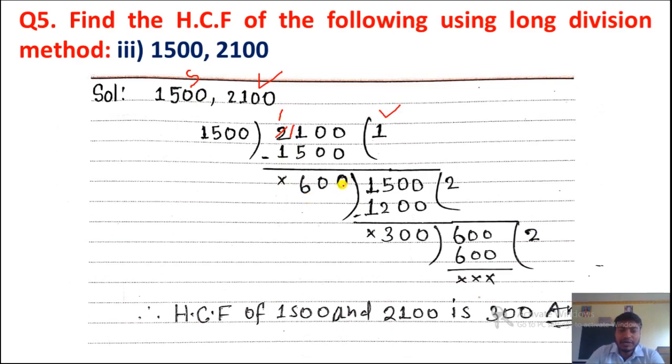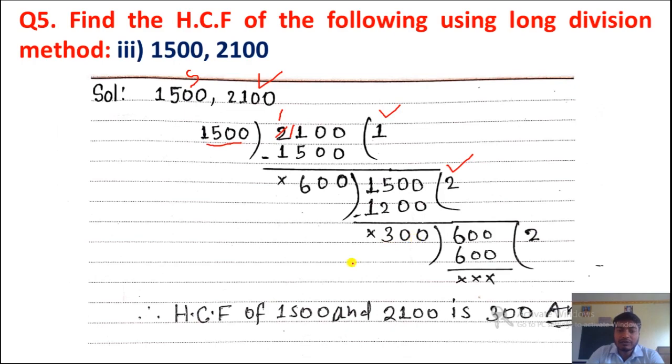Now by this remainder we have to divide this divisor, 1500 I have written here. Now how many times will it go? 2 times. 600 into 2, 1200. Now subtract: 0 minus 0, 0; 0 minus 0, 0; 5 minus 2, 3; and 1 minus 1, 0 or cancel, cross mark. Understood? Now here we got 300 remainder.